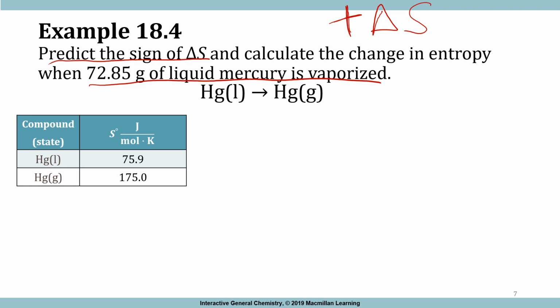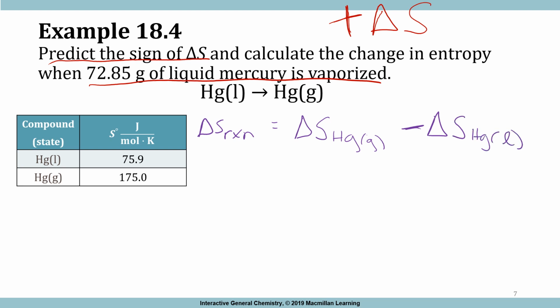Now let's set up our entropy equation. So our delta S of the reaction is going to be the sum of the products minus the reactants. We only have one product and one reactant, so I don't really need to calculate a sum. So it's just going to be the delta S of Hg gas, since that's our product, minus our delta S of Hg liquid. So mercury is a liquid. We just have to plug everything in, and since there's no coefficient besides 1, this is going to be pretty simple. So our delta S of reaction is just going to be equal to